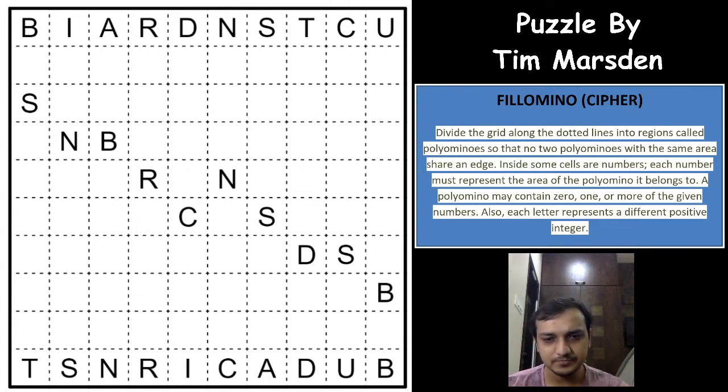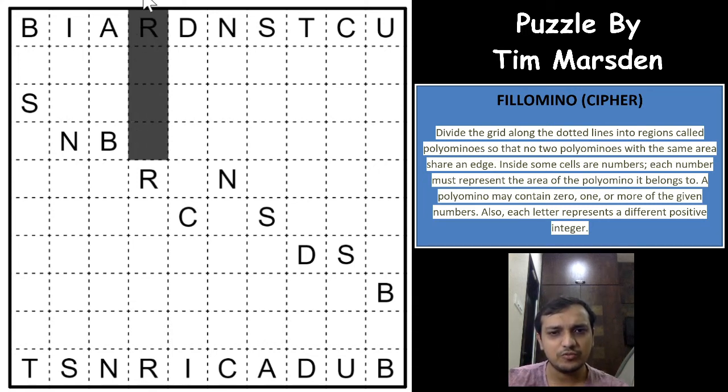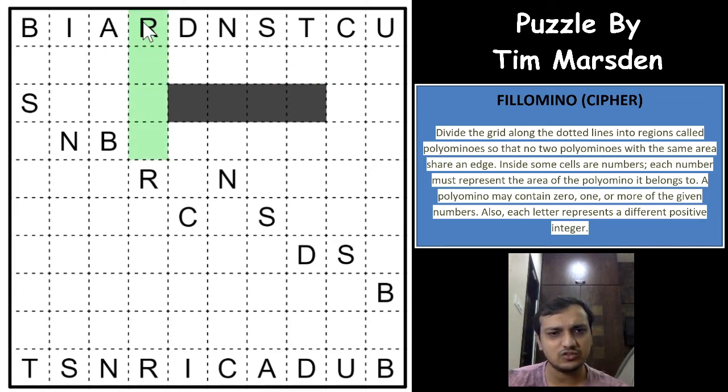According to the normal Fillomino rules, we have to draw some regions. We have to mark some regions in such a way that the number of cells in the region is the same as the number in the region. So you have a 5 cell region with 5 in it, or a 4 cell region with 4 in it, a 1 cell region with a 1 in it, and no two regions of the same number can touch each other. So if you have a 4 cell region, then you cannot have another 4 cell region touching this 4 cell region. It is not possible, right?